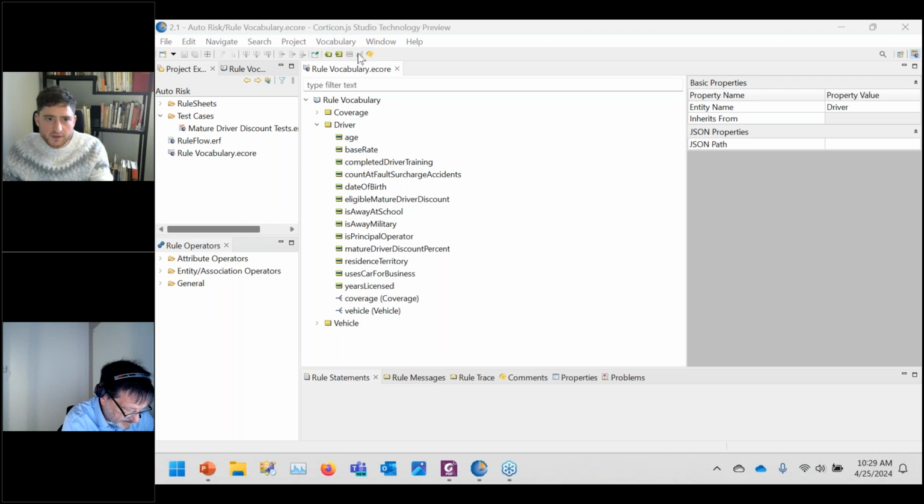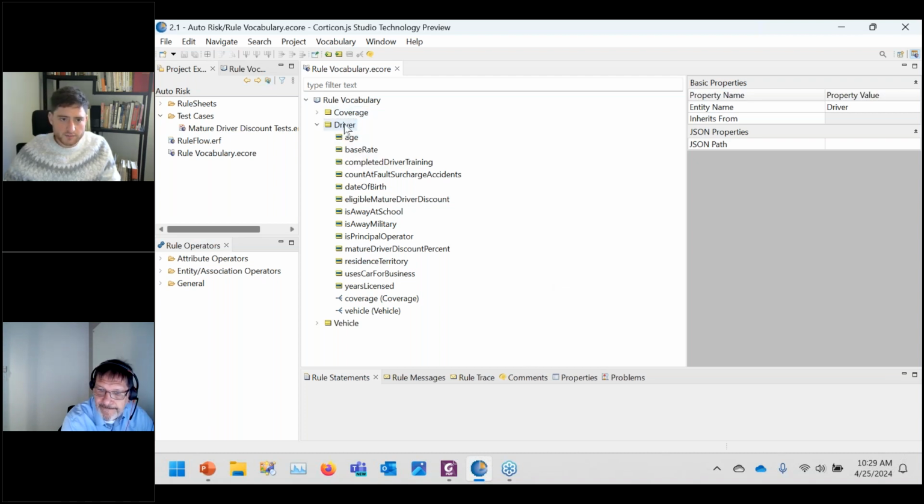Now, what we're looking at here is, let me just move this out of the screen, what we call the rule vocabulary. Similar to how in MarkLogic we can constrain or unify all of the different data points into a unified data model upon which we have a really interoperable interface to use and operate upon data that has been incorporated from various different sources, in Corticon we use a data model representation that we call a rule vocabulary. This can be generated from, say, a MarkLogic schema, a relational database schema, or a REST endpoint JSON structure,